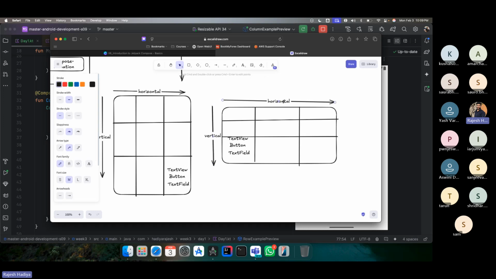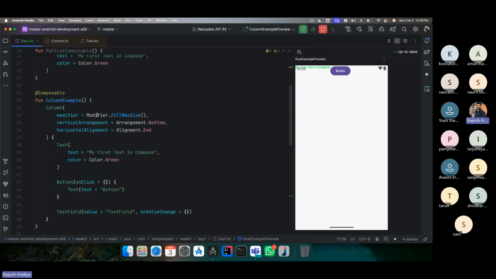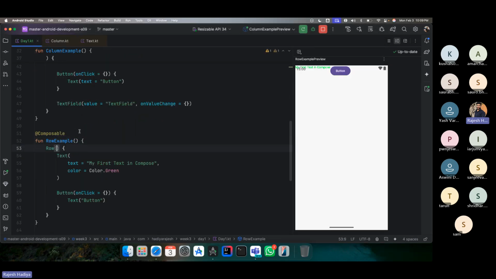Arrangement will be horizontal and alignment will be vertical. So horizontally, it's at the starting point, right? In the horizontal grid, it's at the starting point. And in the vertical grid, it is at the end point. So how do we make sure? Let's say,